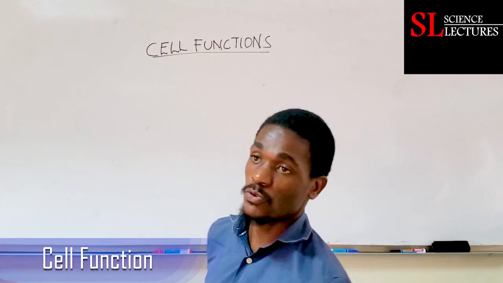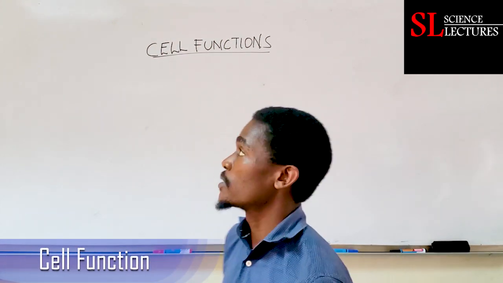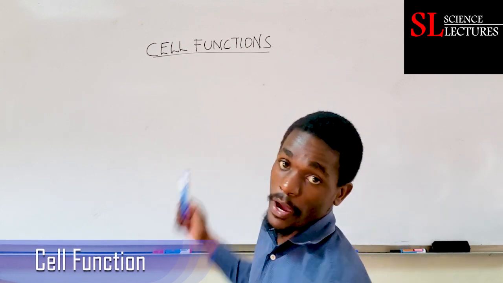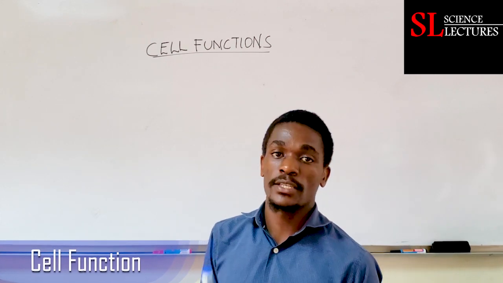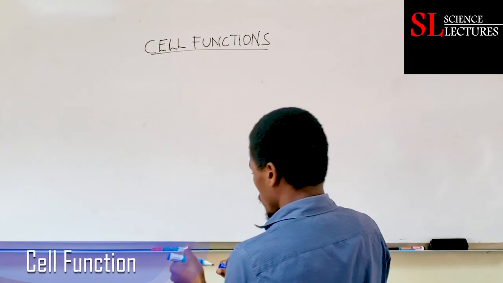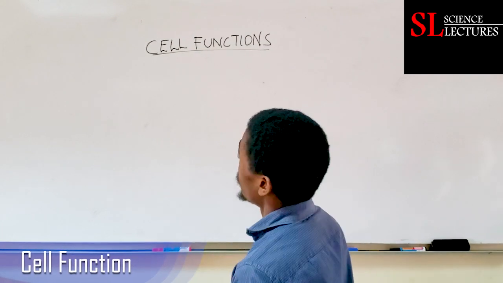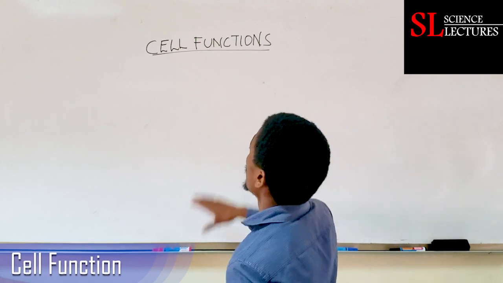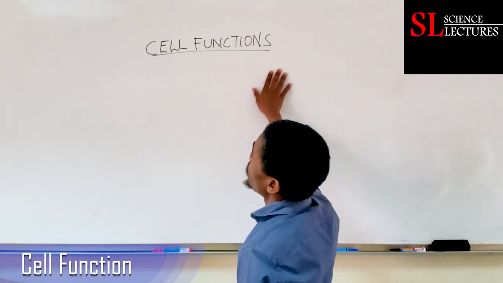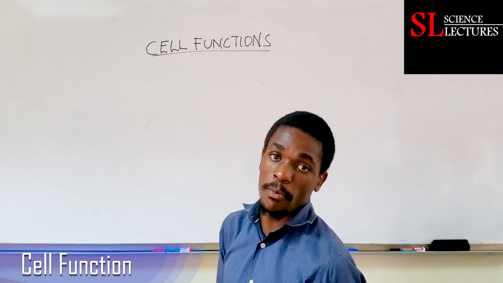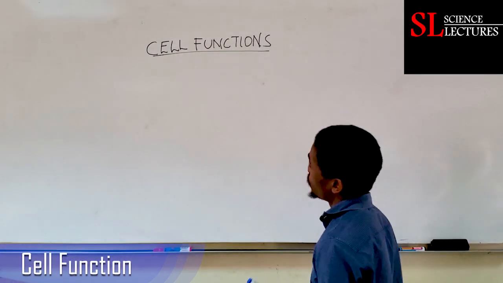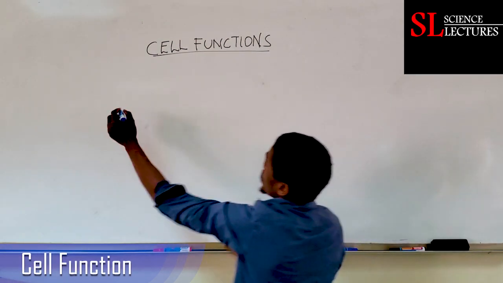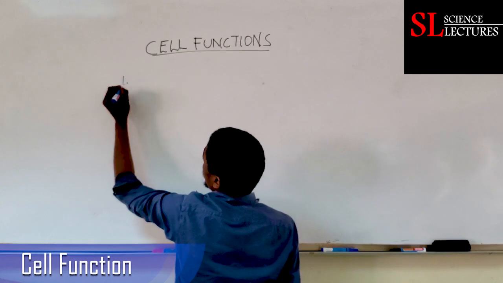So we are still continuing with cell biology. Our series of cell biology, and today we are going to have a look at the major cell functions. We say that the cell is a basic unit of life, a functional basic unit of life. And cells have different functions they perform in our body. So today we are going to have a look at these cell functions. So cell function number one